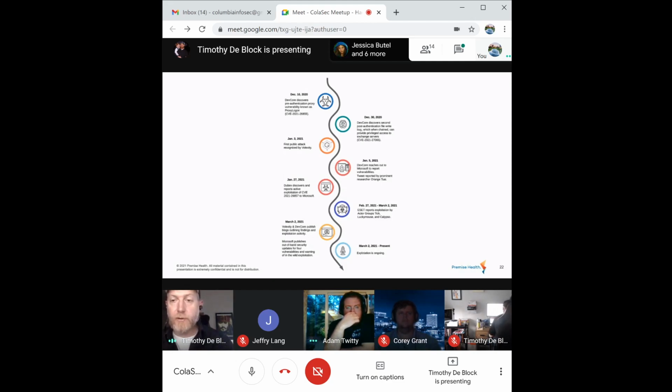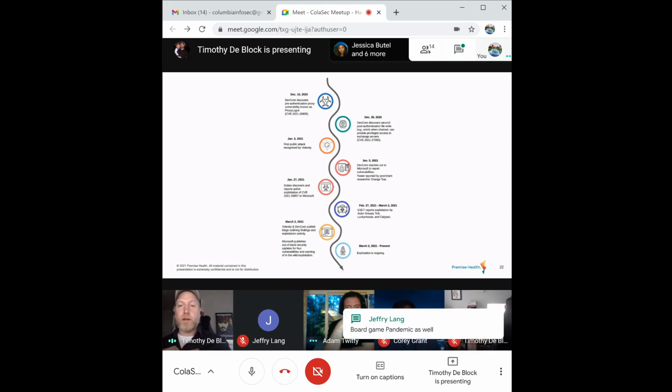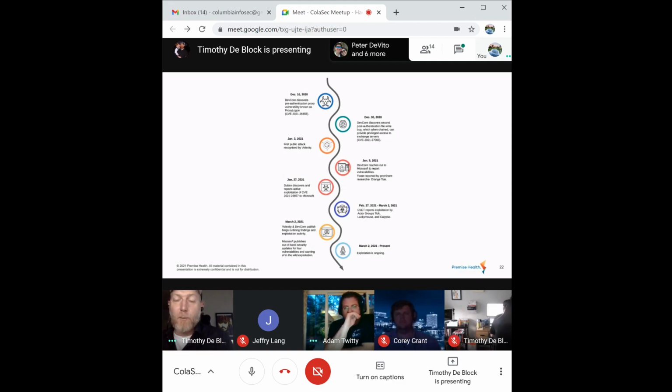March 5th, Krebs on Security breaks the news that at least 30,000 organizations in the US and hundreds of thousands worldwide now have backdoors installed. March 5th, Wired confirms the reported number of victims. The White House expresses concerns over the size of the attack. Former CISA head Chris Krebs tweets the real victim numbers dwarf what has been reported publicly.